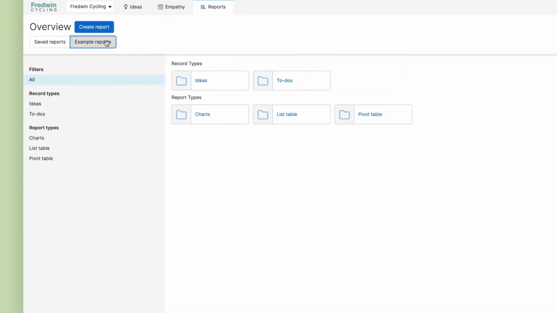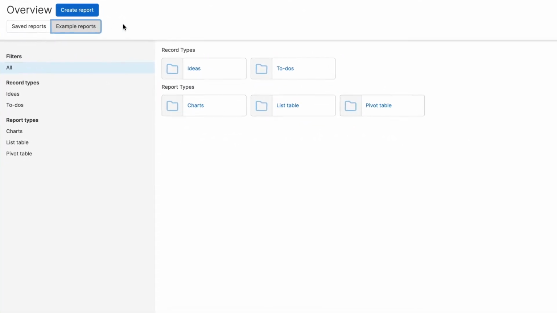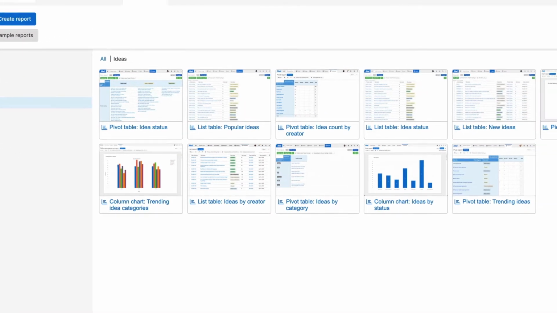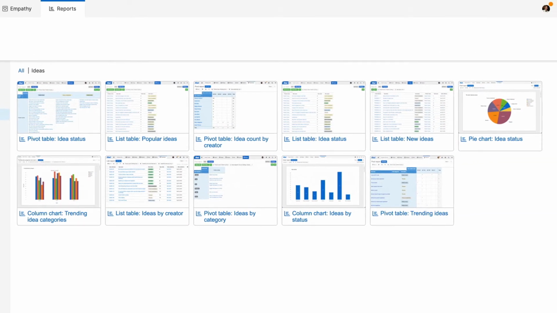Our growing library of example reports makes it easy to get started. You can tailor each report to your exact needs or build your own from scratch. Let's take a look at some of the most popular reports for turning ideas data into actionable insights, starting with